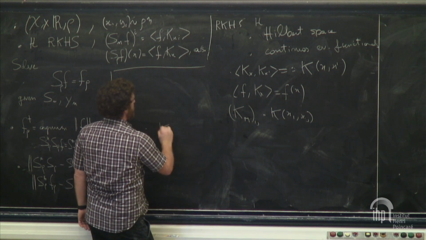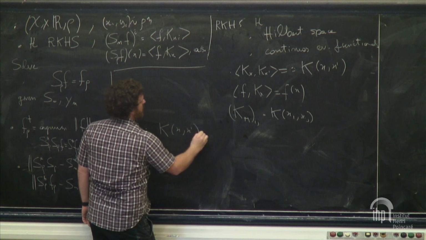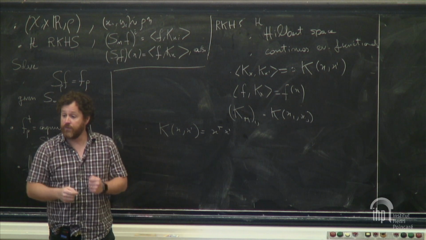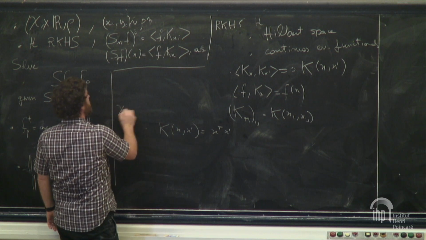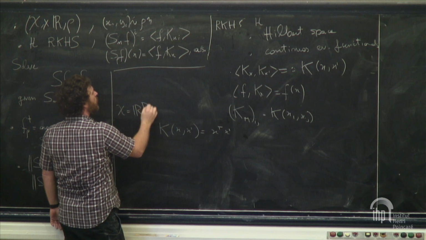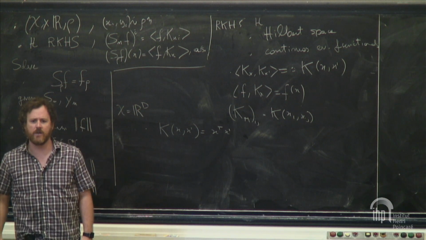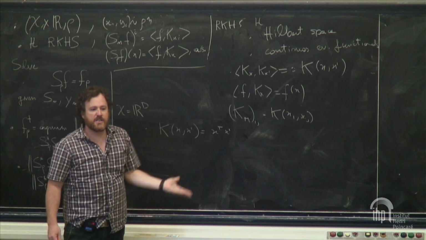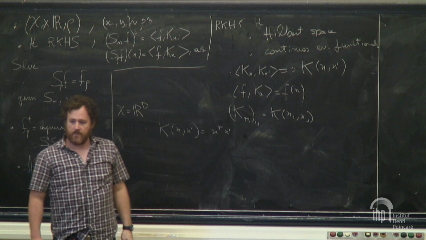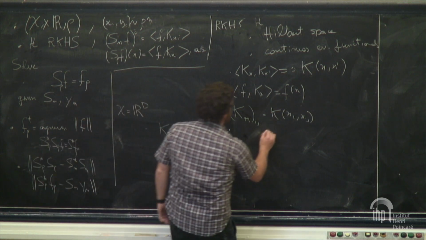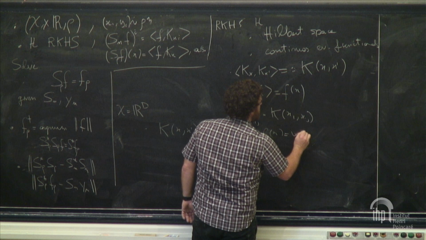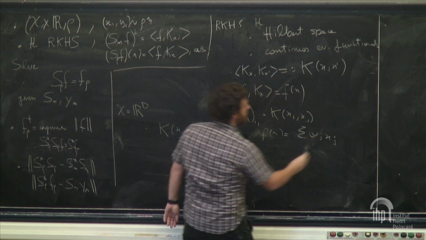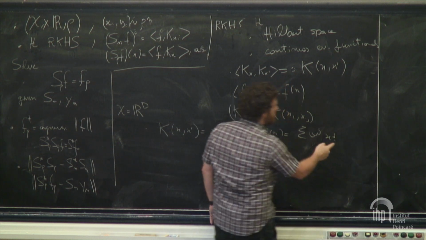The simplest example of a kernel is the inner product of two vectors. In this case, I'm assuming X is R^d. And all my examples are going to be just for the case X equal R^d. The linear kernel is the simplest case, and in this case, the associated RKHS is just the space of linear functions. So f of x is just going to be the sum of wj xj, for some wj,